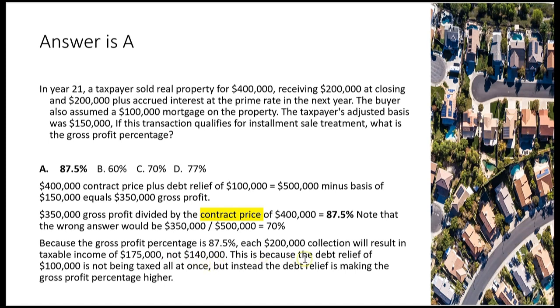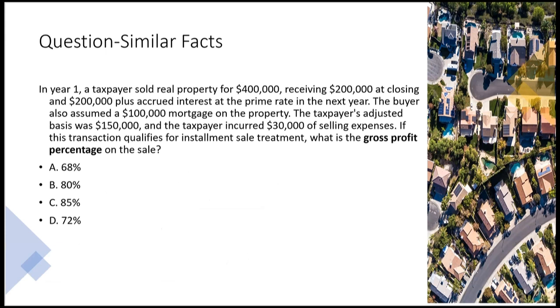Why? This is because the debt relief of $100,000 is not being taxed all at once by the IRS, but instead the debt relief is simply making the gross profit percentage higher, and that's going to add to increased taxable income with every collection. So if you see this on the exam,